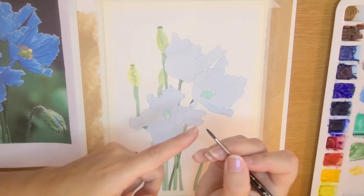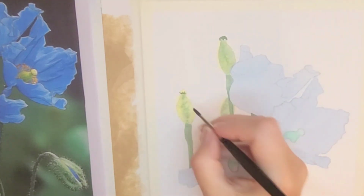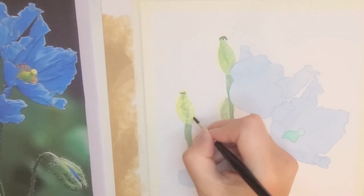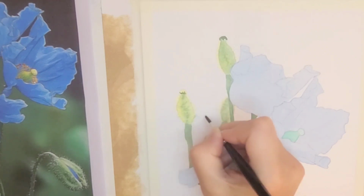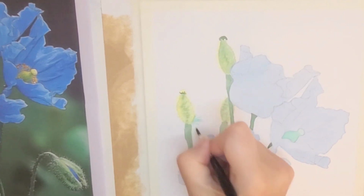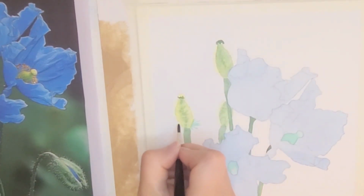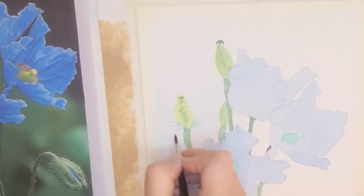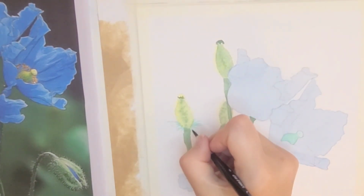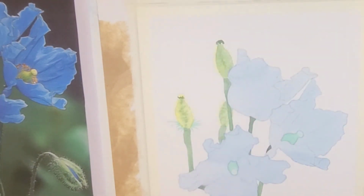I'm going to use the point of my brush, the very tip of my brush. Now this is completely dry, so I'm safe to paint on. I'm just going to do some little lines coming out either side of this. Like that. Doesn't have to be exactly what you see. Again, this is a representation of what we're looking at on the photograph. And then I'm going to use the